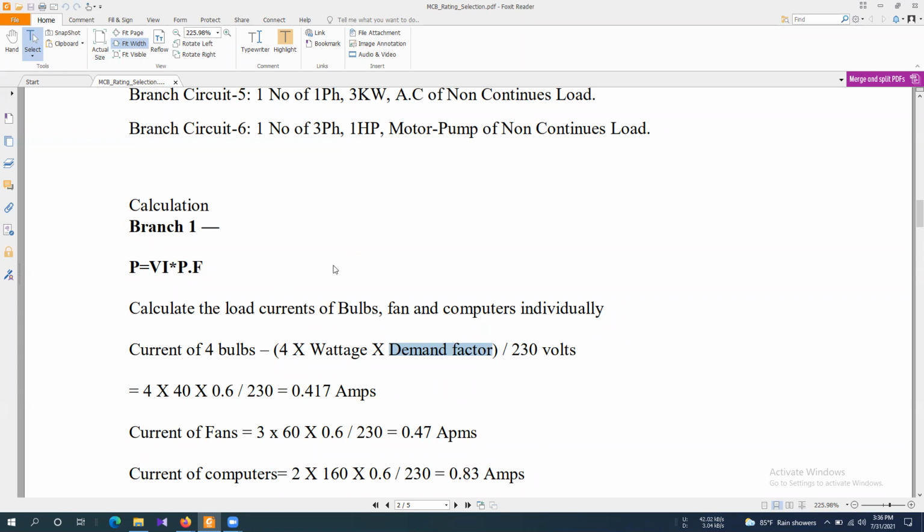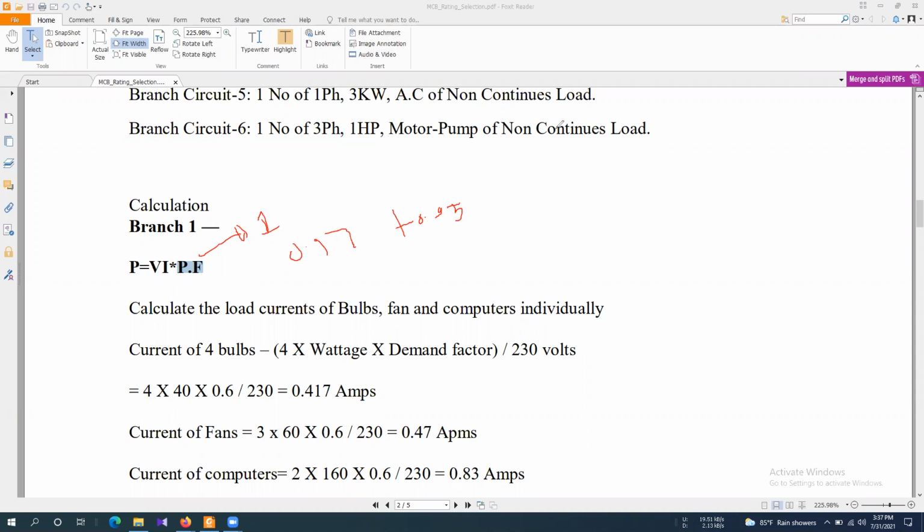Then we use it to calculate the rest of the current. So let's proceed. You simply know that power is equal to V into I into power factor. In residential complexes, if the power factor is not given, it is considered as 1. Generally, the power factor in household loads lies between 0.95 to 0.97, in this range, so it is very close to 1. So sometimes the power factor information may be given, and sometimes it may not. If the power factor information is given, then you have to use it in the calculations. If not, then you do not need to use it. You just simply consider the power factor as 1 and do the calculation.